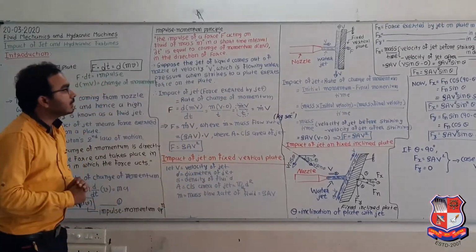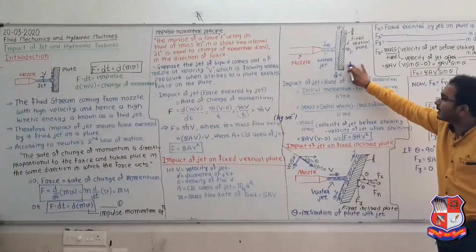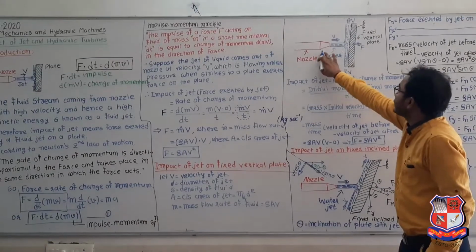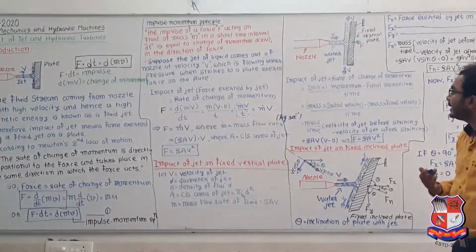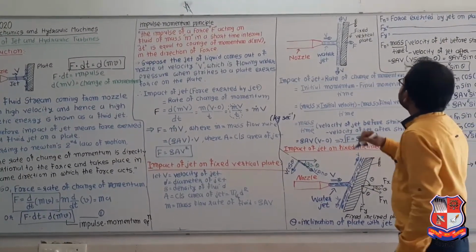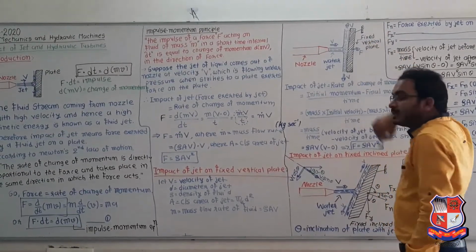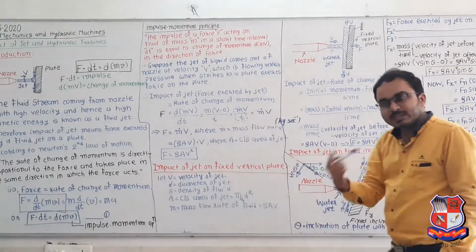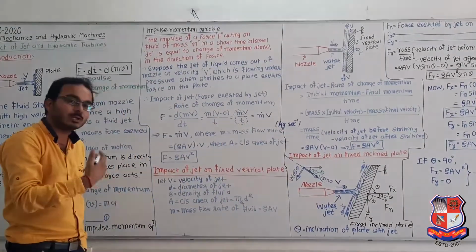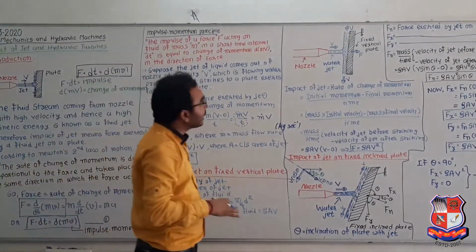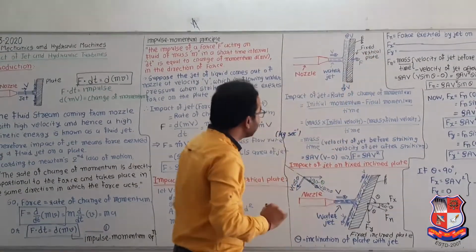So now if we focus on this figure, we are having a vertical plate which is shown by black color, nozzle, and out of nozzle a water jet is coming, which is of very high velocity and very high kinetic energy. So here if you see, this portion indicates that we have fixed the vertical plate. There will be some cases in the next few topics where plate itself will also be moving. So as of now we are only taking fixed vertical plate. So this plate is stationary.